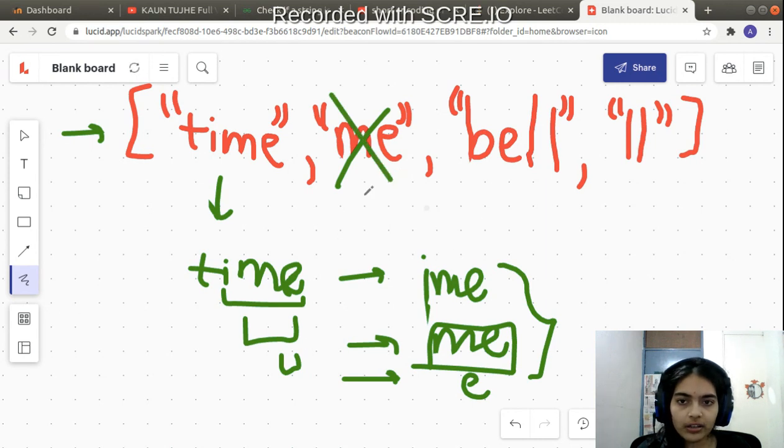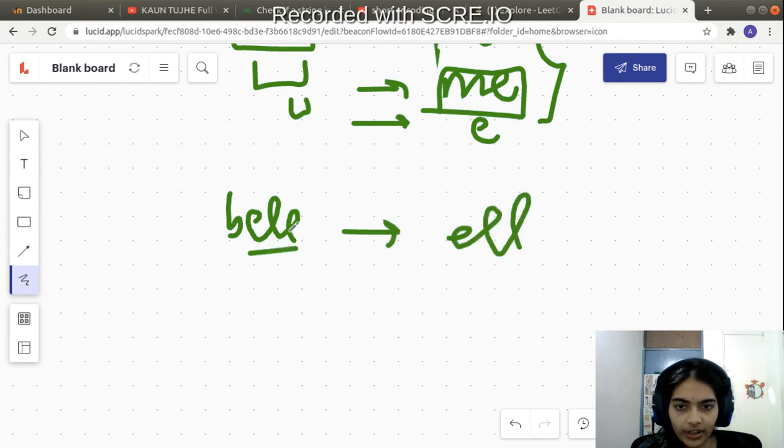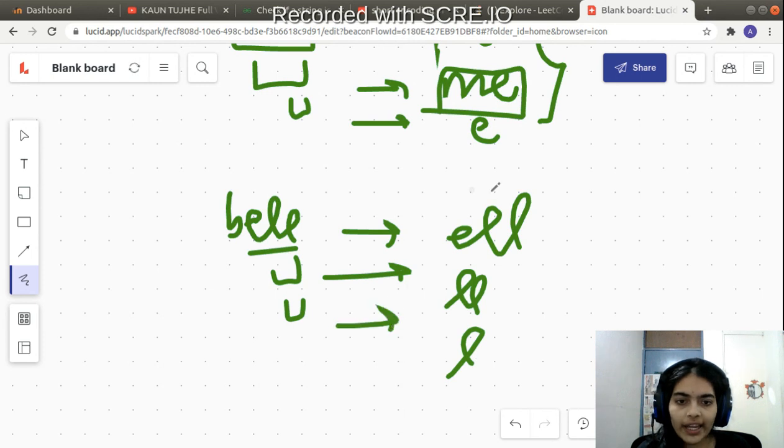Okay, now let's go to the next string that we have. So we have bell, so let me write bell. Now again, let's try to find the suffixes. ell is a suffix of this. Then we have ll, and if we take only the last character, then we have l, right? So I get ell by taking from index 1 to index 3, I get ll by taking from index 2 to index 3, and I get l by taking only the last index, index number 3, right?